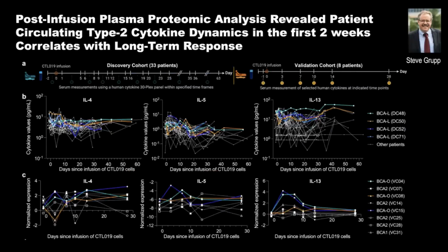All right. So what about post-infusion, how the patient responds? Ideally you would fish out the CAR T cells post-infusion over many years, but unfortunately those cells are extremely rare after many years. They probably reside somewhere in the tissue, in the bone marrow, but they are very rare. They become like memory CAR T cells. But we can still look at the patient sera post-infusion in the first couple of months, and we found